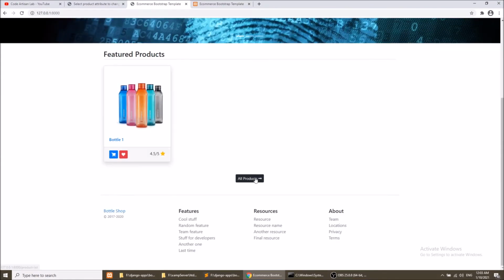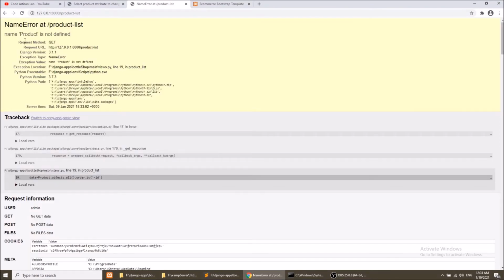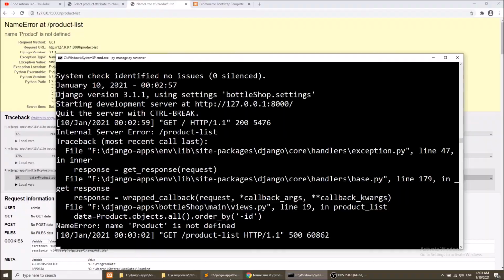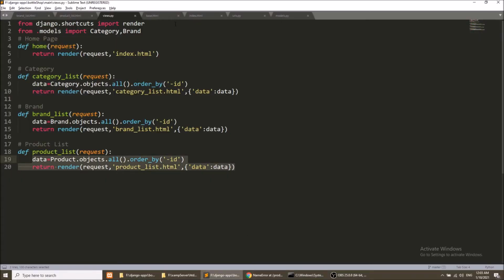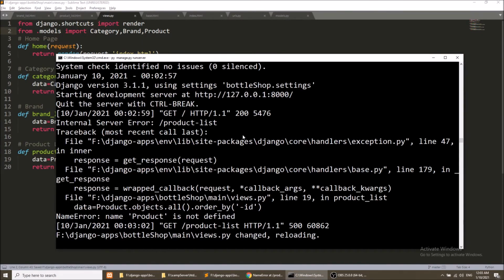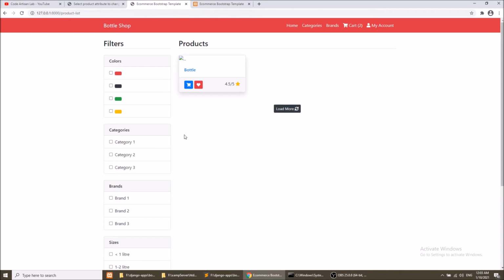Now we will go to all products, and here it is showing the product is not defined because we have not imported the product from the model. Okay, now we will import it. So here you can see we have filters, we have products. We have only one product, so it is running the loop.